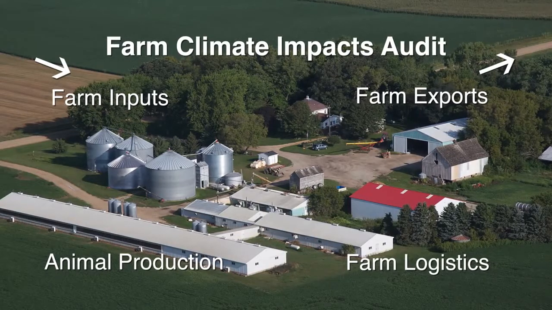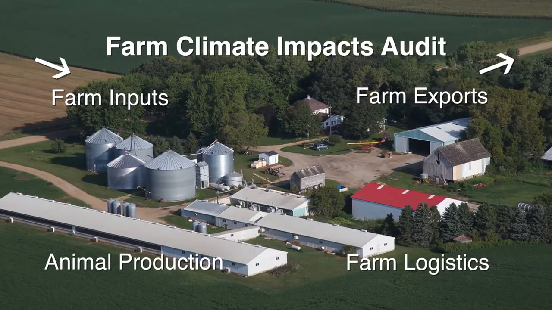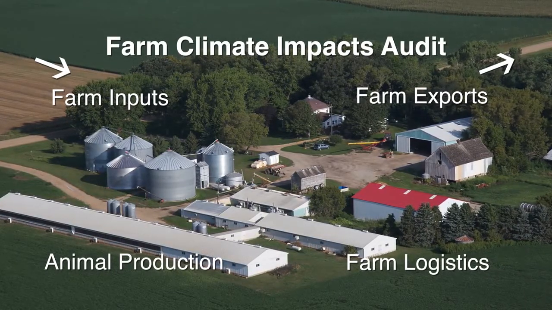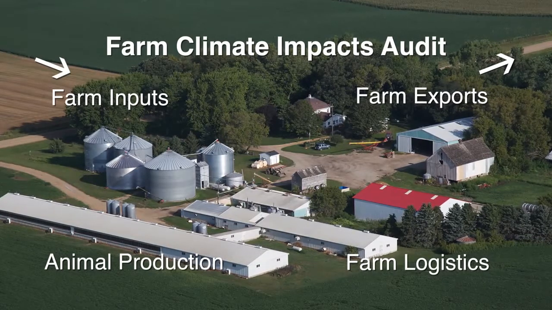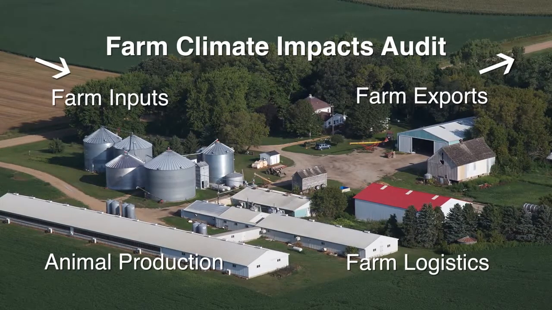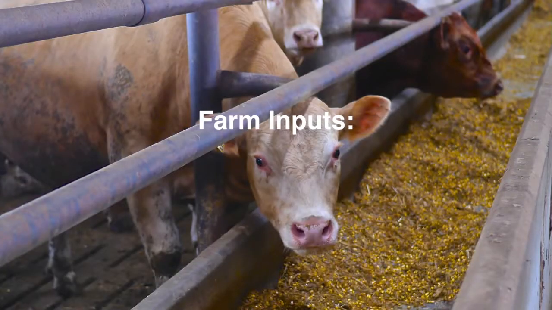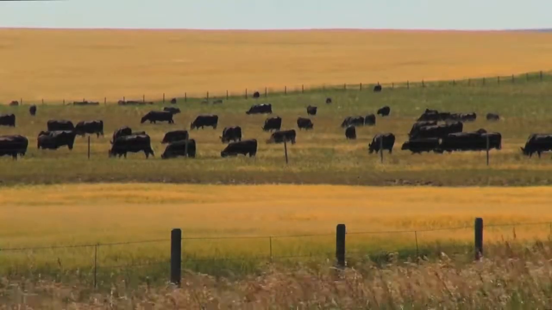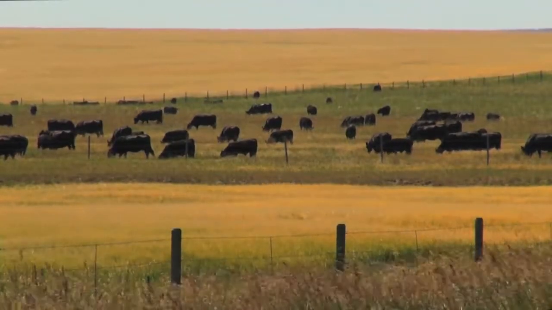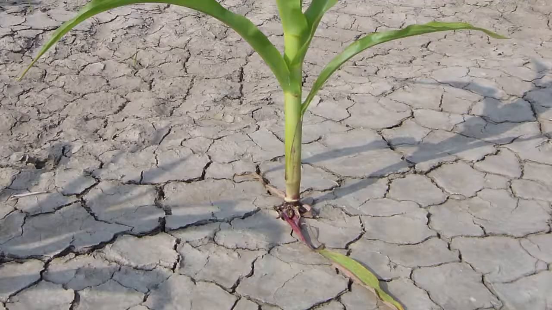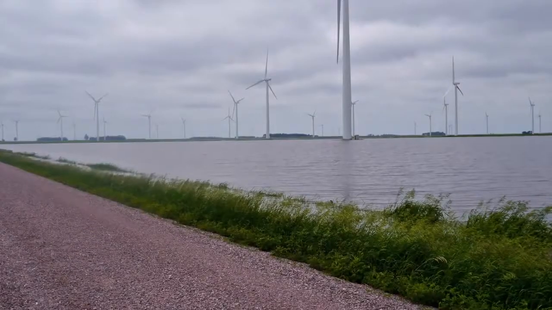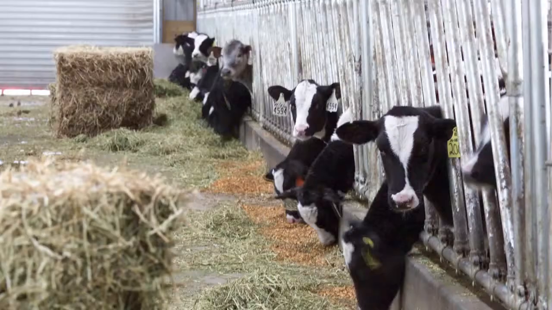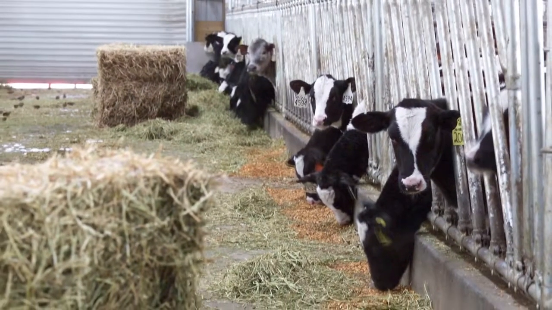The elements may differ from farm to farm, and so the audit should be conducted with the understanding that each individual farm is unique, and any audit may divert from the systematic approach. The farm inputs most affected by climate impacts are feed and forage. The impacts can be related to seasonal changes in temperature or rainfall, or by extreme events such as drought and flooding. These impacts can affect both the quantity and the quality of feed and forage.